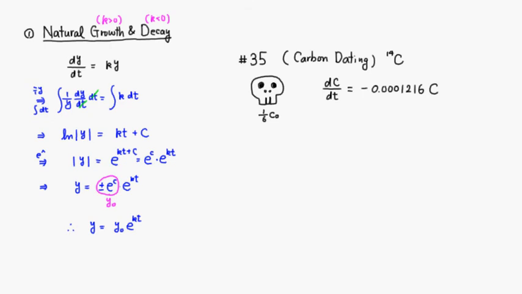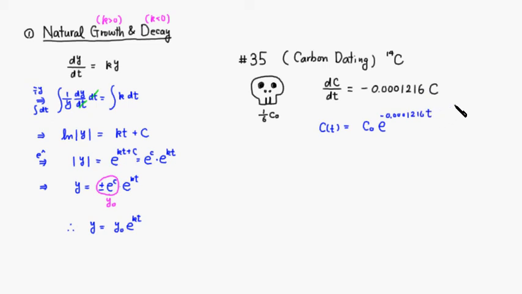Carbon-14 has a natural decay, so the differential equation is: the derivative of the amount of carbon-14 with respect to time is equal to negative 0.0001216 times C. So the amount of carbon-14 as a function is C(t) = C0, the initial amount, times e to the negative 0.0001216